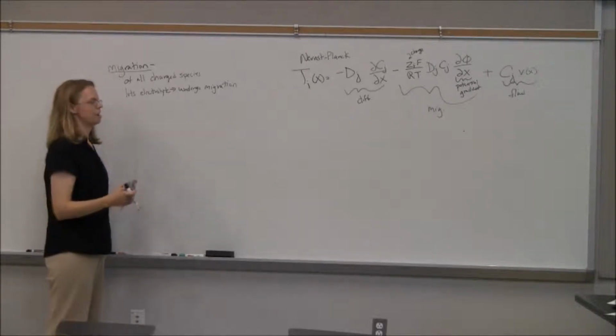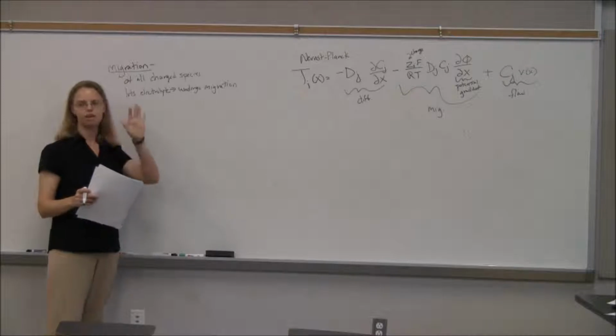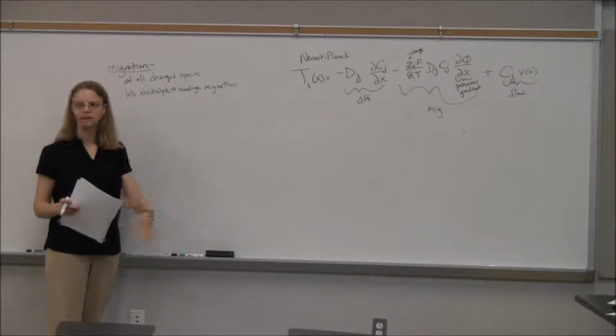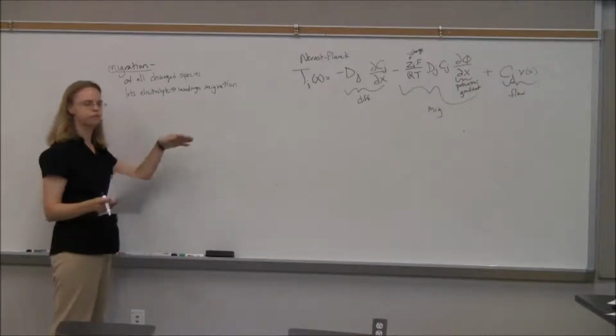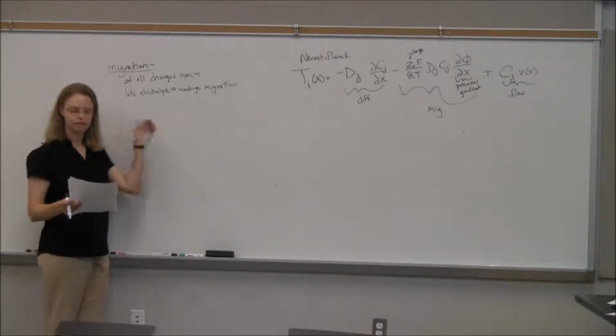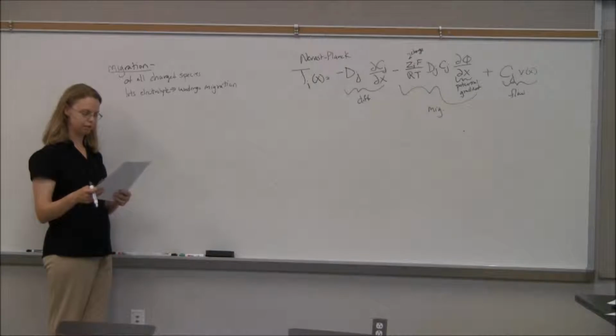This is one of the reasons that they often ignore migration. They say, oh, well, my actual molecule that I care about, J, isn't really carrying much of the charge, most of what's moving is going to be electrolyte. And so people don't think about it quite as much. It is possible, however,